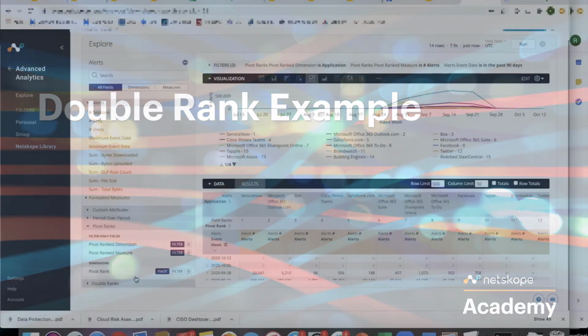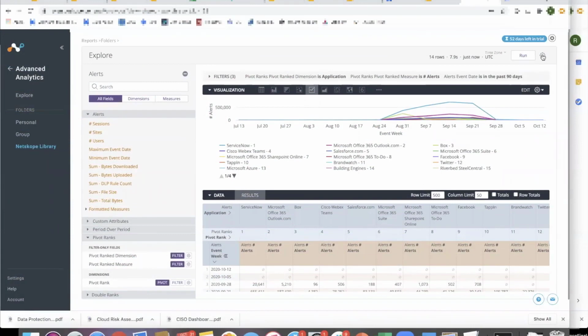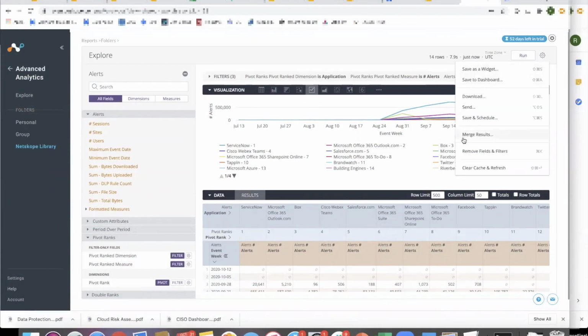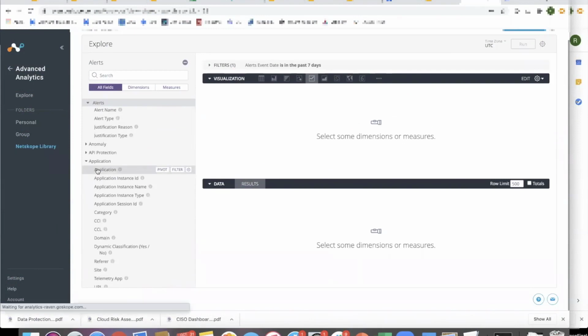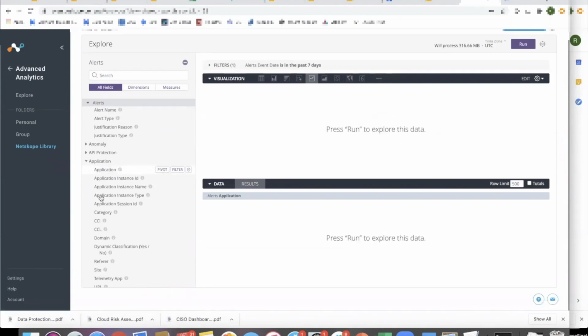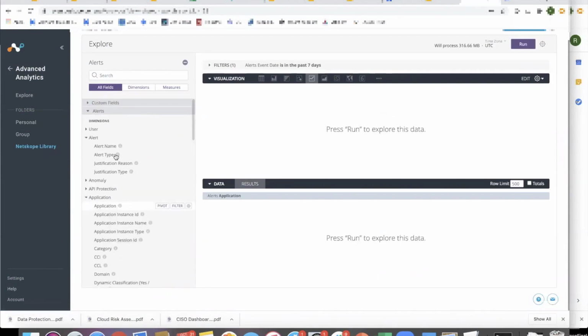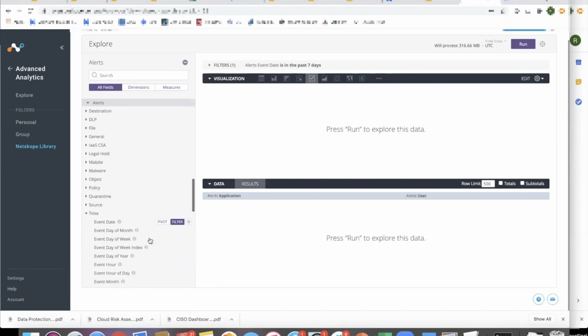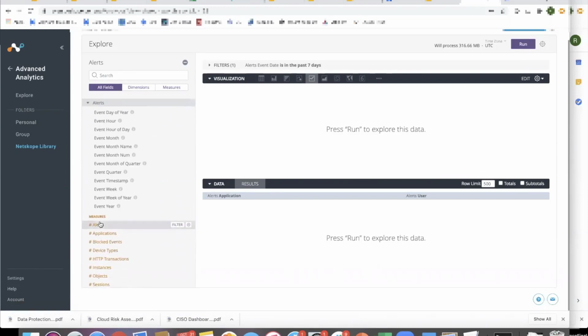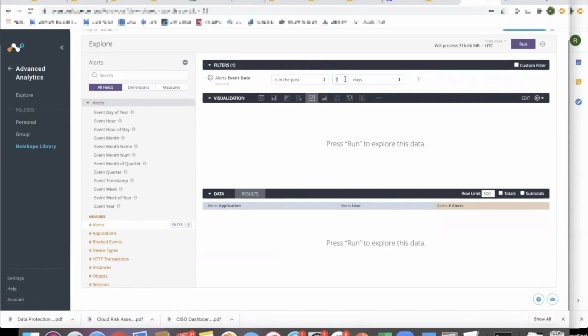The double rank. This is the functionality also which was there for a couple of use cases. In this case, the use case is I want to see the top applications and I want to see the top users within those applications. So let's say if I bring in the application and user as is and get number of alerts and put the 90 days, then what I'm going to get is